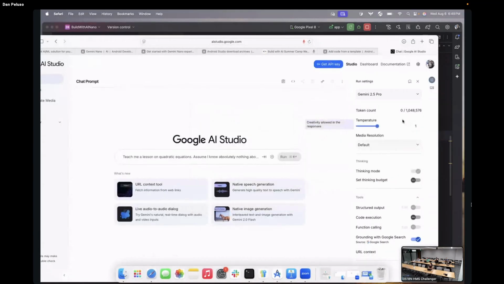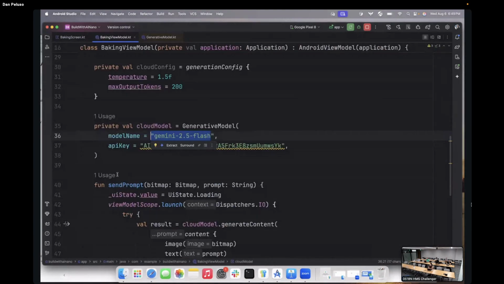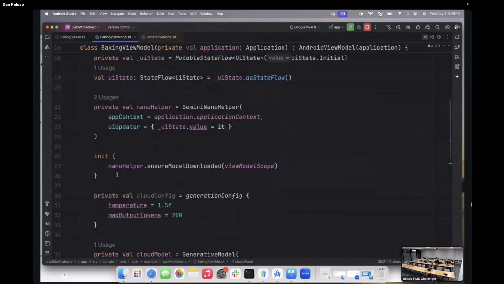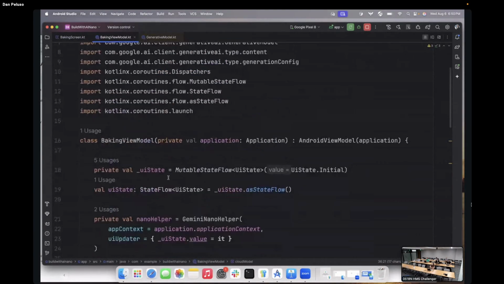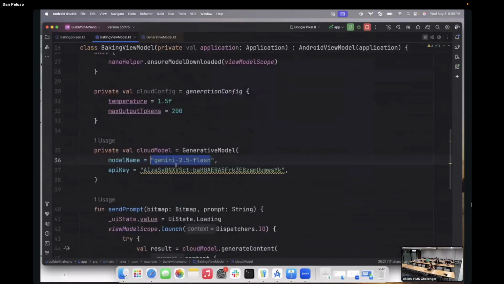Now over here, you would be seeing some additional parameters as well. The most important parameter in any AI model is the temperature. For folks who are not familiar with temperature, we can take a look at what the source code says for the Gemini SDK. So if we take a look at generation config,